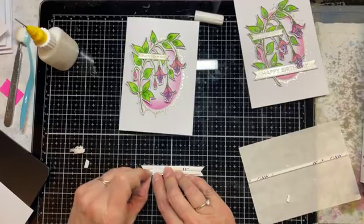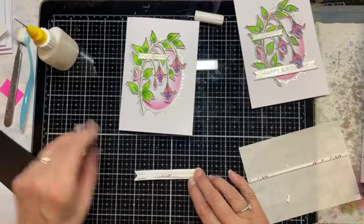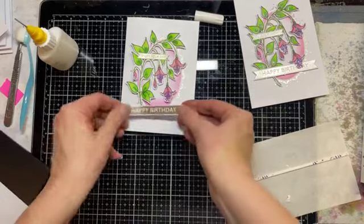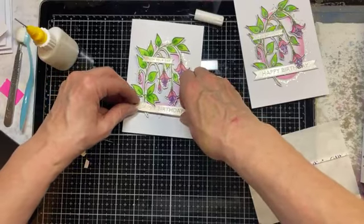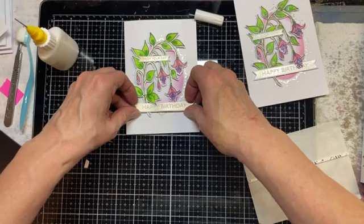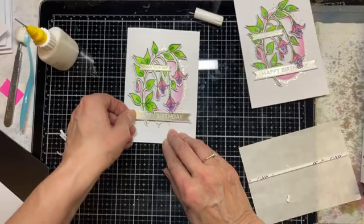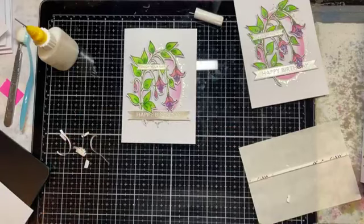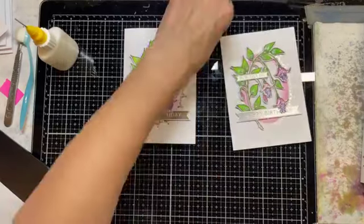So let's take my backing paper off. And then we can flip this over, make sure I get the stem in the gap, and then just tuck my leaf and the top of my fuchsia onto my card. There we go. All right, so let's get rid of that and that. Let me grab